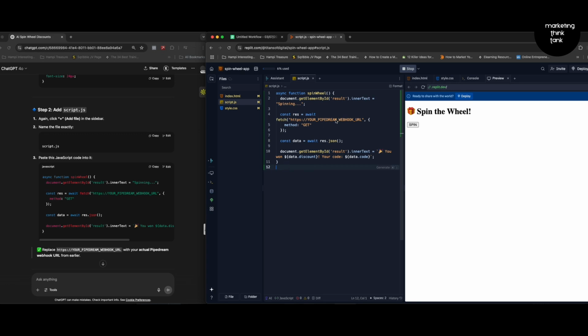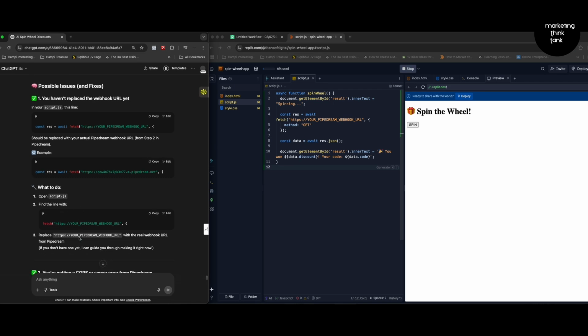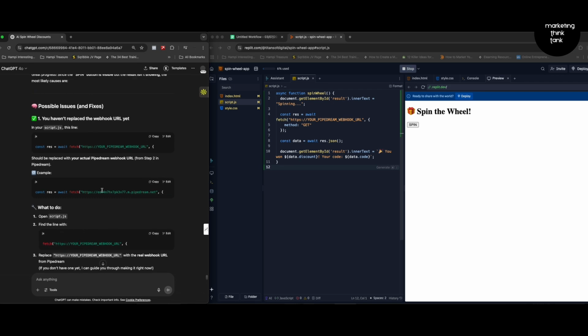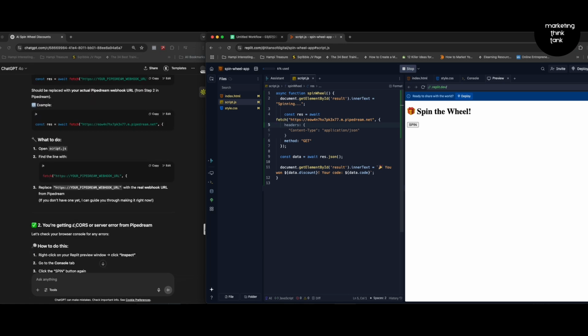Now here it says your webhook URL, right? So come down. Okay, copy this. Find the line with this, replace this with this, right? So I copy this and I come here. I copy paste my webhook URL. Okay, and then